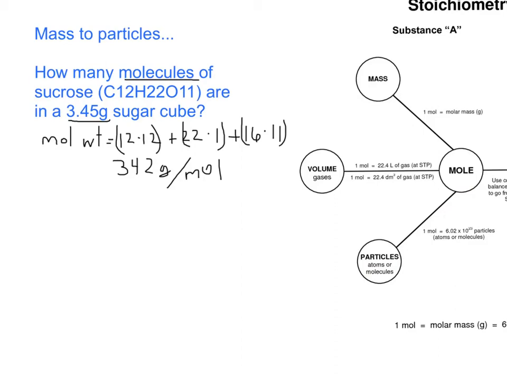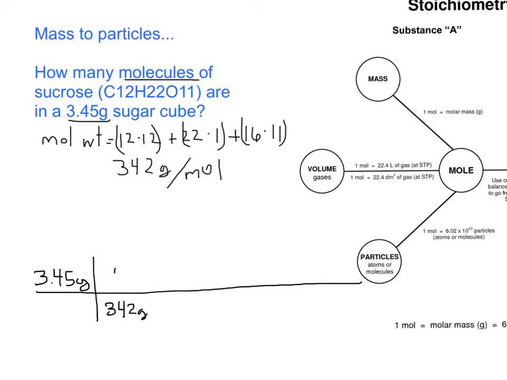We're going to write down our given, 3.45 grams. And our first conversion. So we know that there are 342 grams in 1 mole. Since we started with grams, grams have to go on the bottom, because we want to lose that unit, 342 grams in 1 mole. And instead of stopping and doing the math and having an answer, which you can do, it's more than fine,